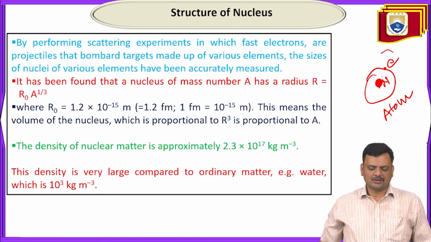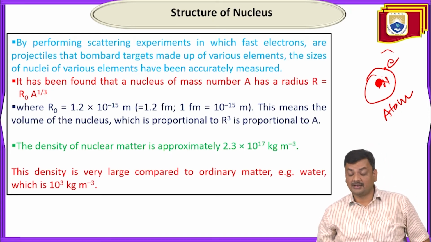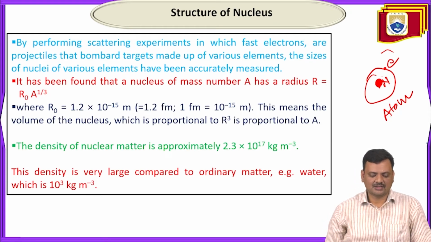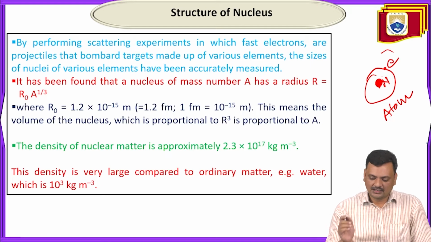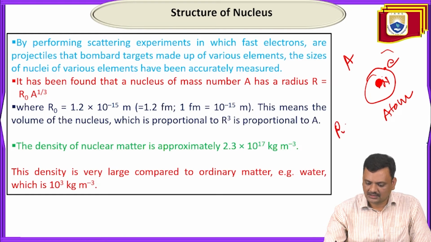By performing scattering experiments, many scientists tried to determine the radius of nucleus, and what they observed is that any atom whose mass number is A has a radius R